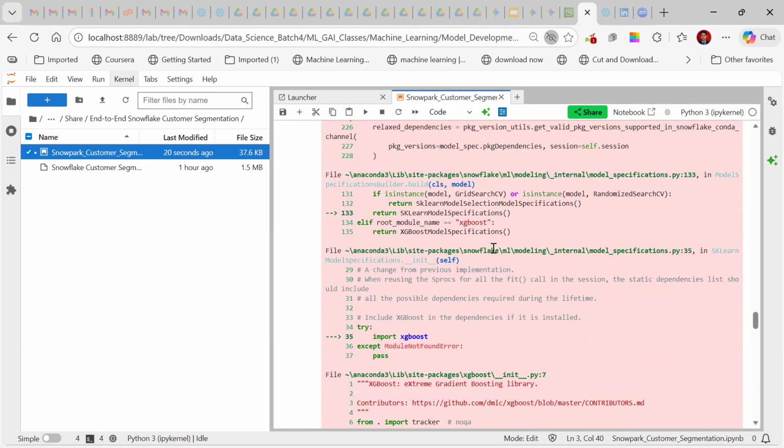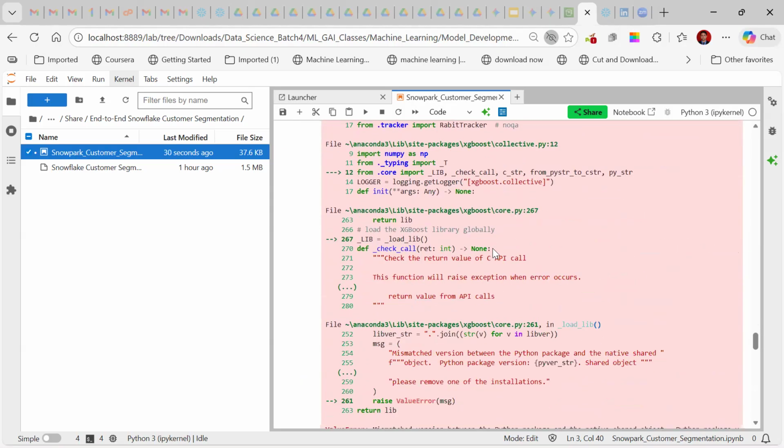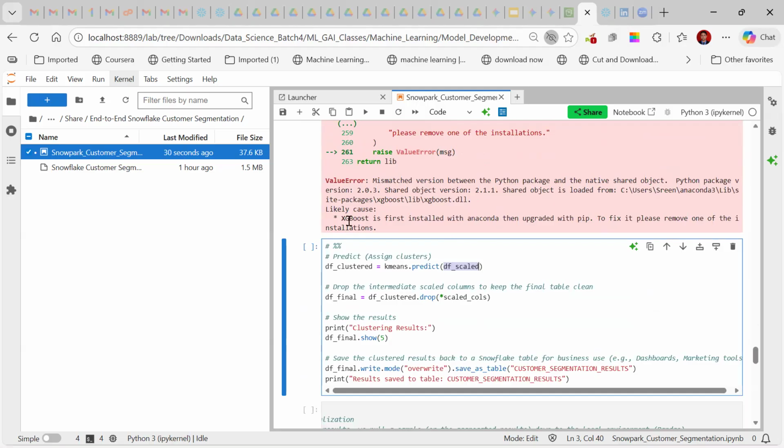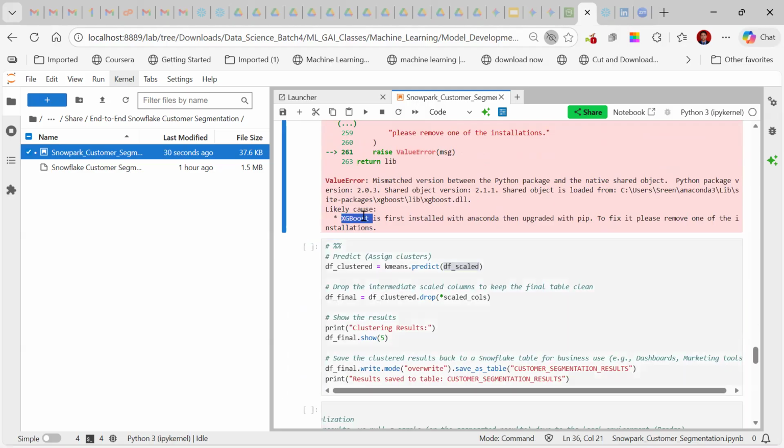XGBoost is actually used internally in the scaling.